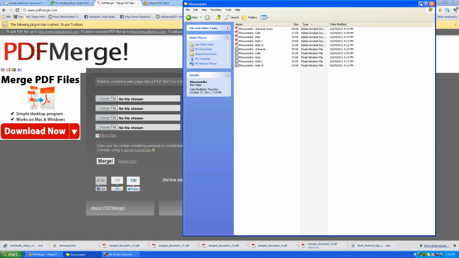Okay, now we're going to take the PDF files that we've created. In this case, we're working on a string quartet, and so that would be 4 parts plus a score. We're going to merge them into one PDF file. So you want to get up a site called